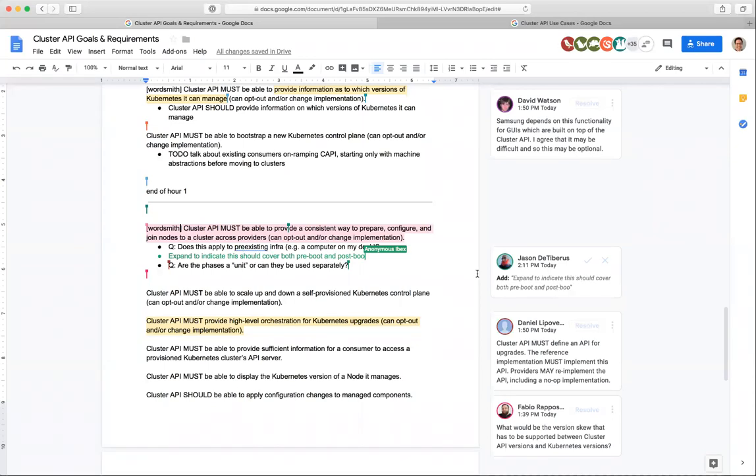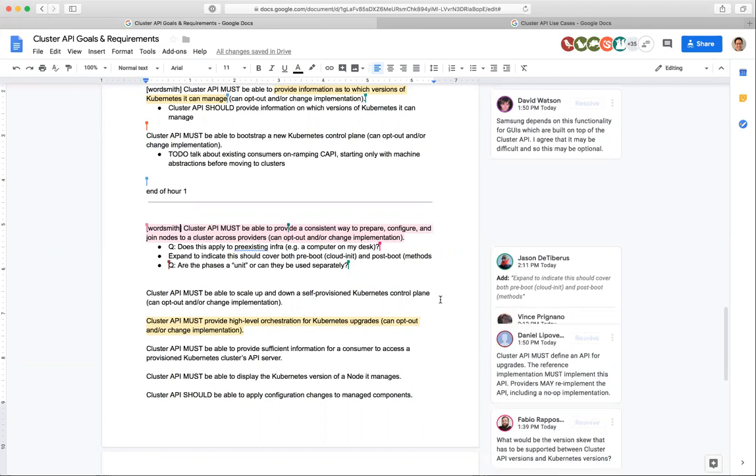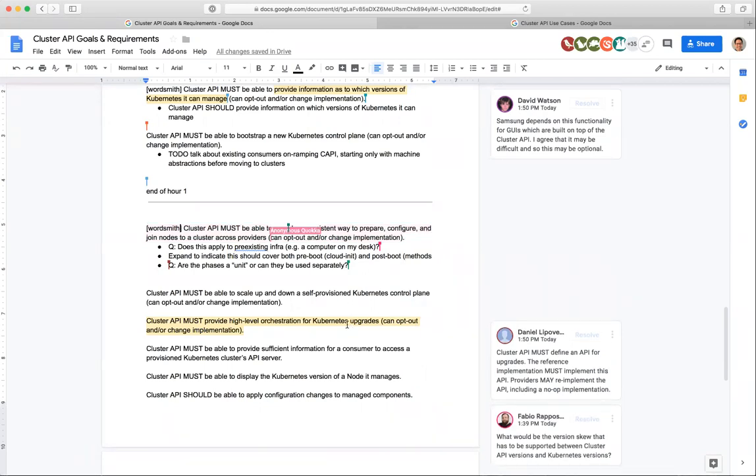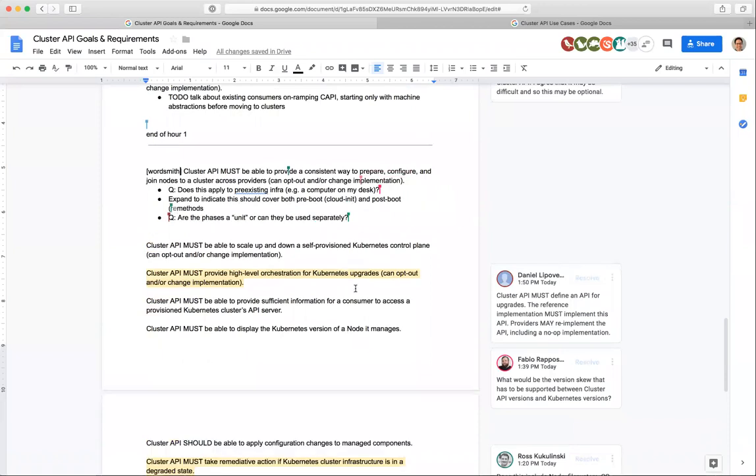Sounds good. So, Tim, I appreciate that and second that. Taxonomy though, does join include CSR approve? It could. It depends upon how you're doing it, but it could. Inside of Kubernetes, it does. It seems that the expectation is that a node appears. You cast the spell and a node appears, and the details of how that happens are down to the implementation.